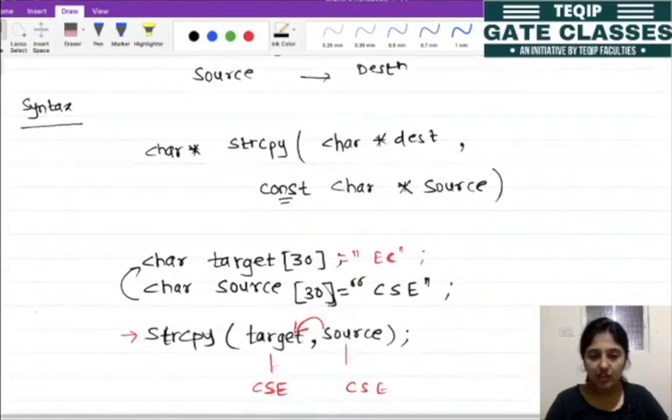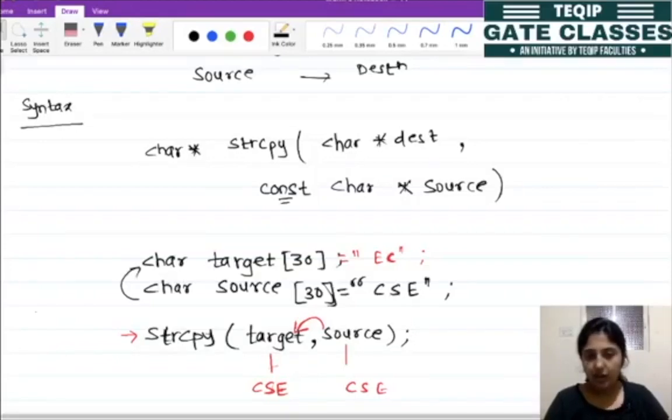So let's see this example. Here we have declared 2 character arrays, target with size 30 and source with size 30. When we write strcpy(target, source), the value of source is assigned to the target, right? If the source is CSE, then after executing the statement the compiler will assign CSE into the target.